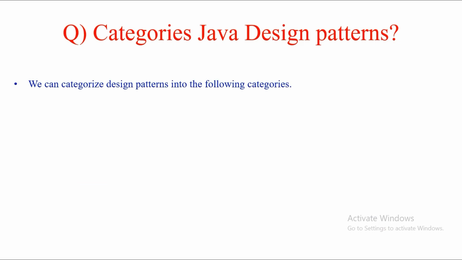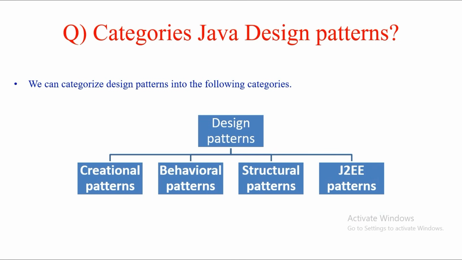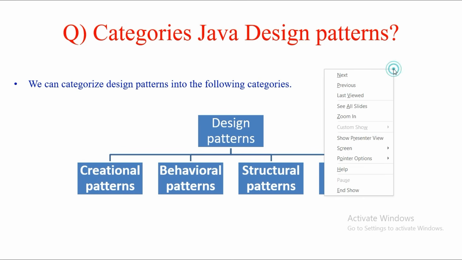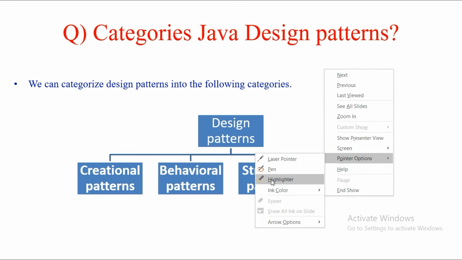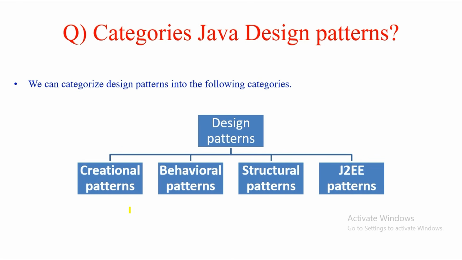The very first question that may arise to you is what are the categories of design patterns? So we can broadly categorize all the design patterns into four basic divisions. The first is creational design patterns, how the objects are created, then behavioral design patterns, structural design patterns, and J2EE design patterns. I'll be focusing on this particular part in this video,